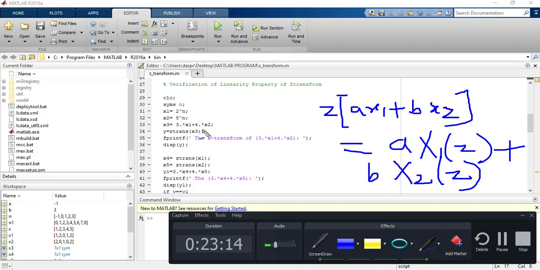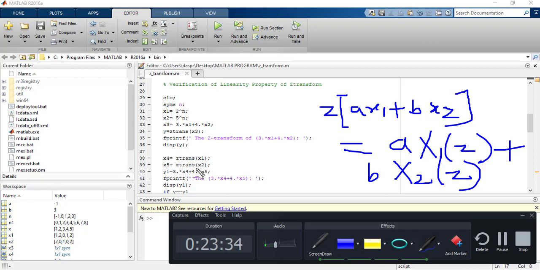Okay, so if you take the infinite function, then you have to perform Z transform using the definition. That means summation of the function times z to the power minus n. But if you use the infinite function, then you can directly use the ztrans command. That's why I have taken the infinite function here.